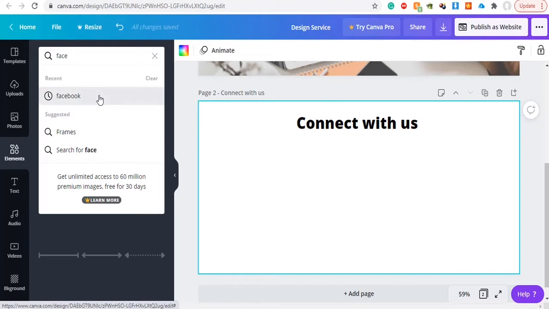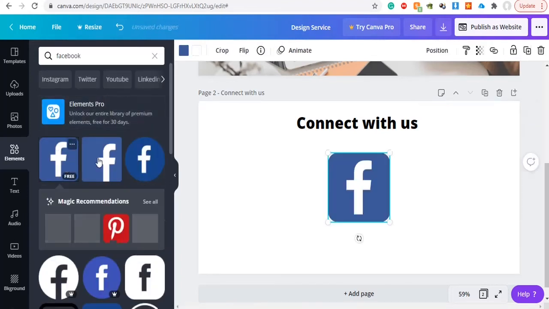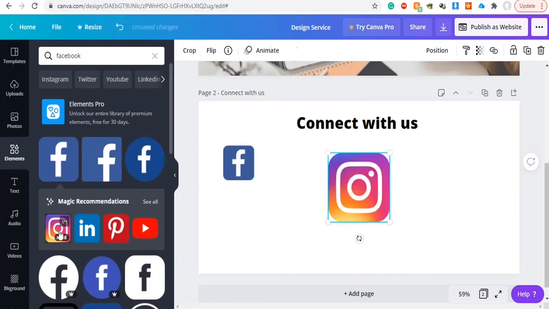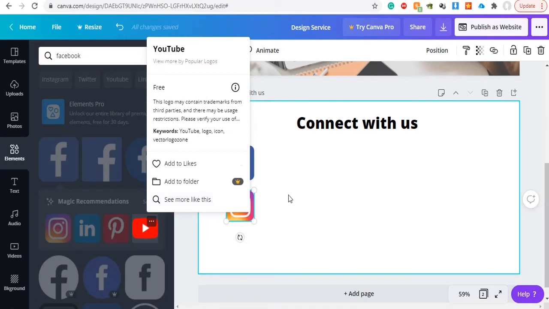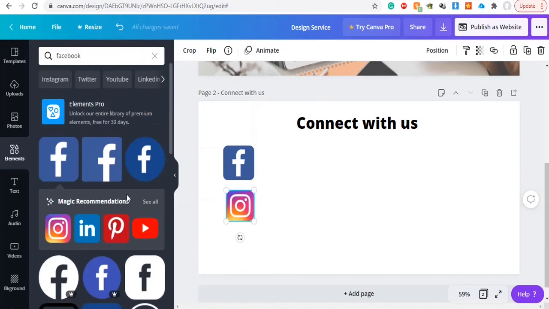So let's write Facebook here. Click on Facebook, resize it, and now place it on the left side. Same, go with Instagram. You can see magic recommendations, so you can click on them, and now you can put it down here. And same you can do with YouTube.